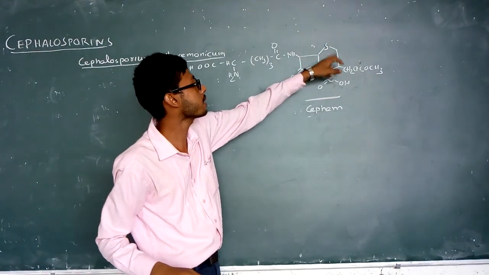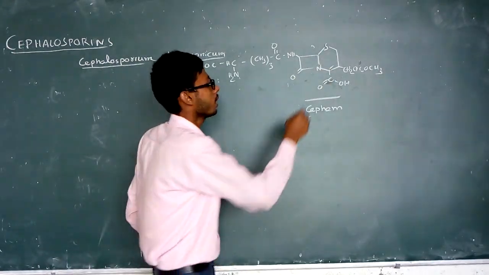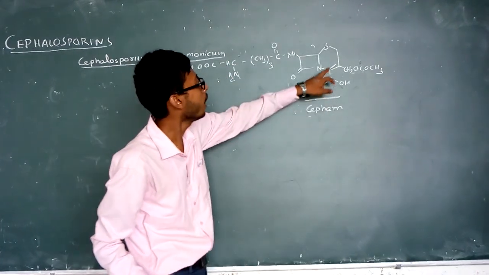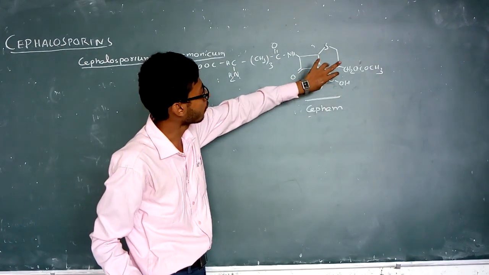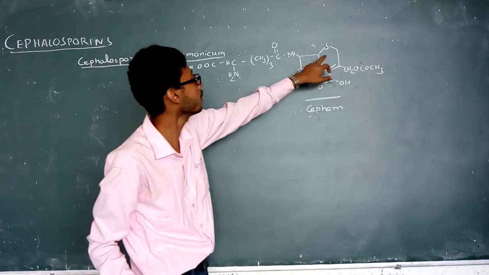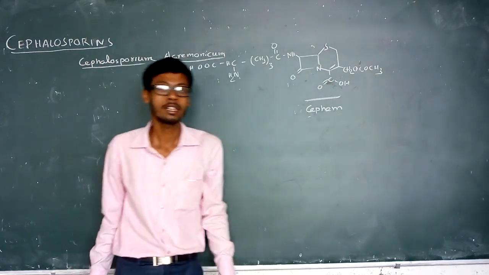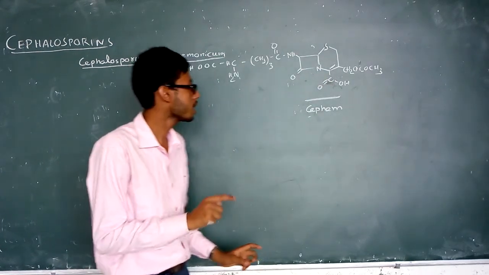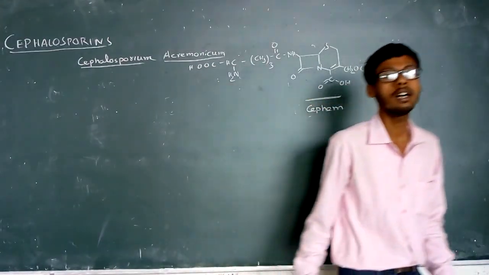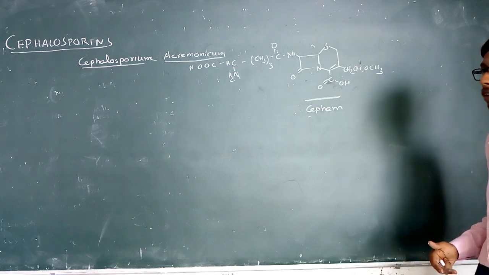as the 6-member ring, which is the dihydro derivative, because here one double bond is present at the 2 and 3 position and there is hydrogenation at the remaining positions. So that is the sulfur and nitrogen, the dihydrothiazine derivative, which is 6-member. These two ring systems are fused to form the cephem ring structure, which is the basis of the cephalosporins.